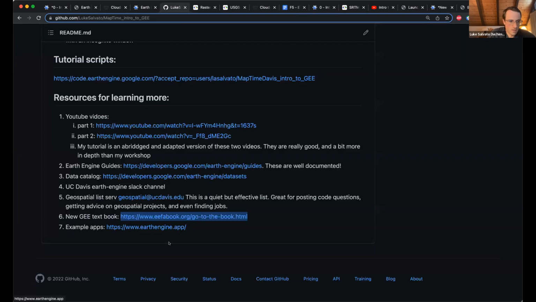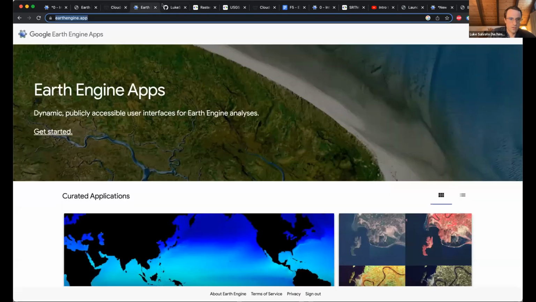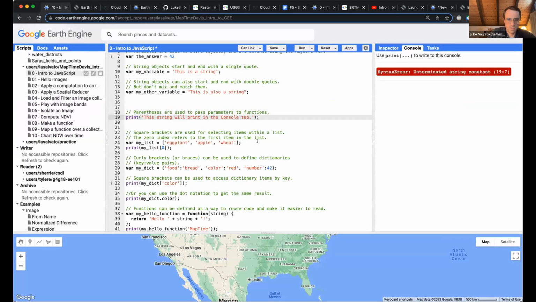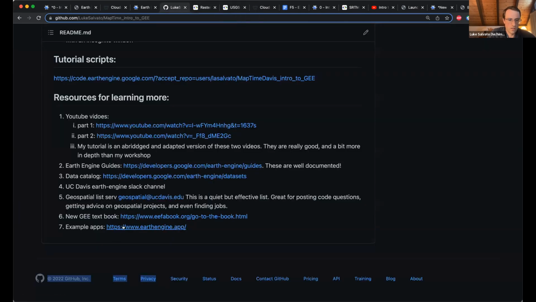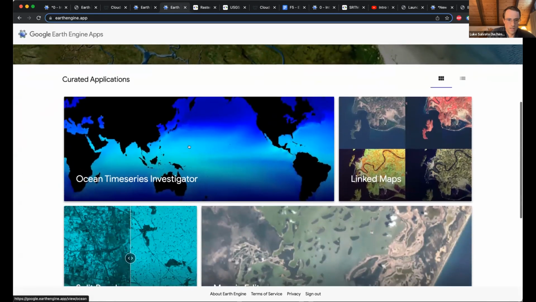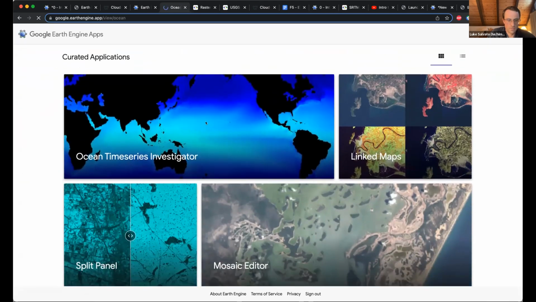And then I didn't show this earlier, but the coding software itself is rather clunky. It's great, but it's not something you necessarily want to share with a land manager or a collaborator who's not super familiar with programming or something. So if you want to, you can make apps. And these are some example apps. Like this one, for example,